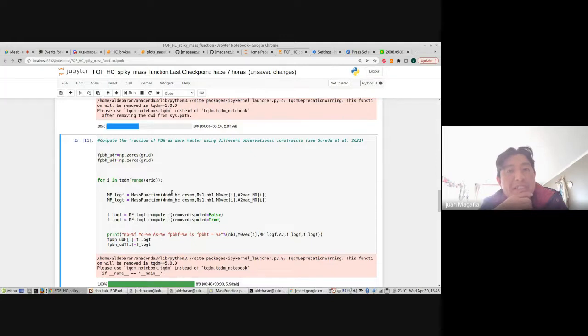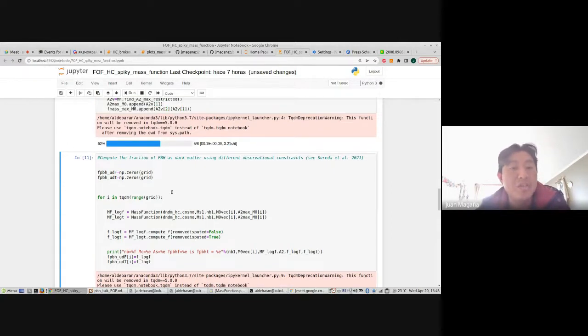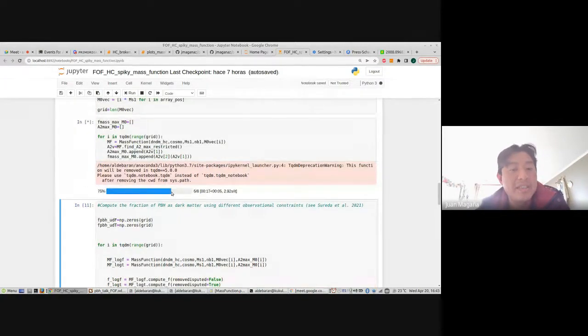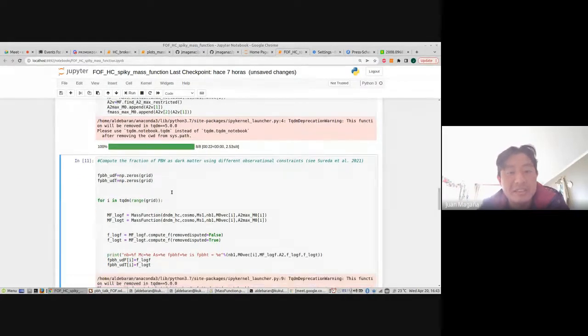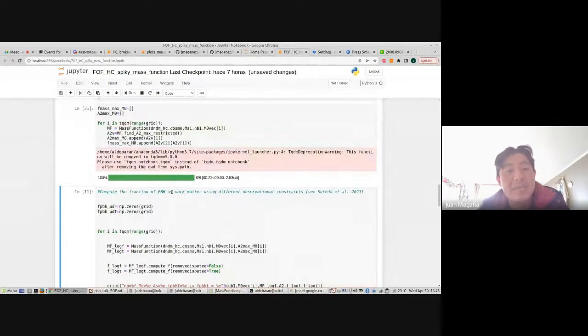It is very fast. This code is based on the version of Joaquin's codes. He sent it in the first session, and Joaquin optimized the code very well, and this is very fast. Now I have a vector.